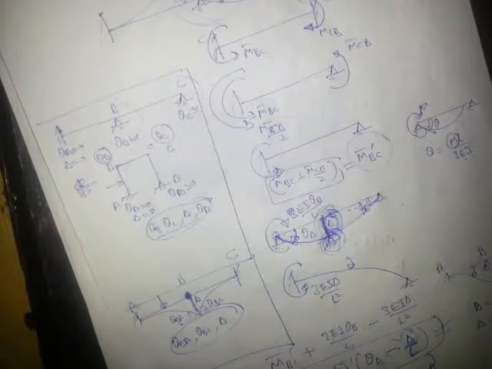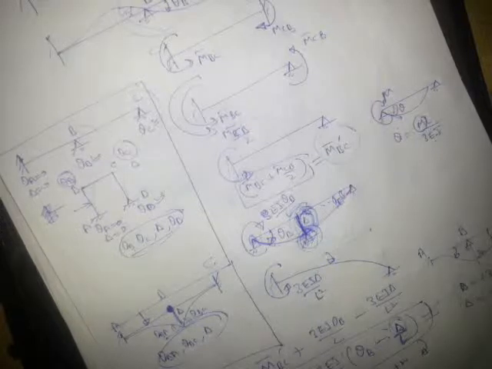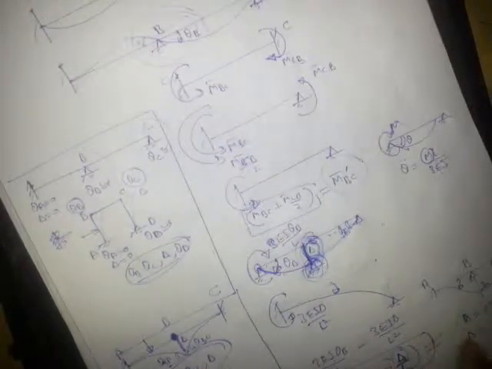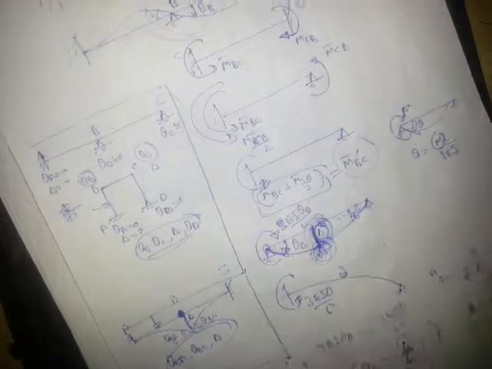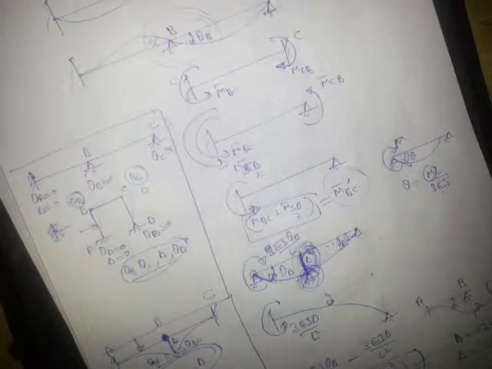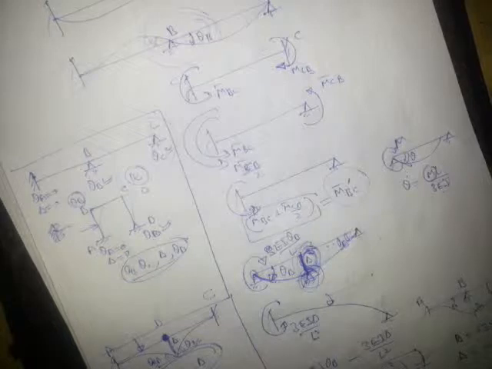Okay, let us see. Don't fear what I said just now. Okay, let us see the next question. So these were the total theta and delta. Now we will solve all the questions which we solved using the moment distribution method. You will observe that some questions will be too easy, but some will be too difficult. So there are some advantages and disadvantages of both methods. I will discuss them later, because sometimes a question is also asked in the examination.